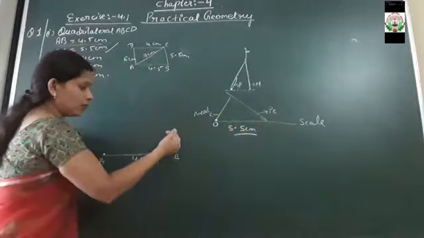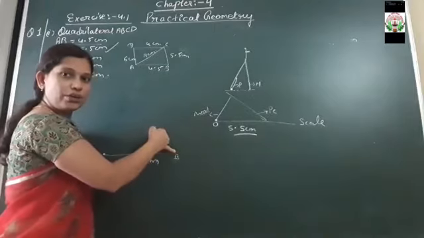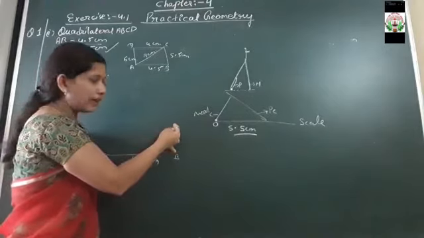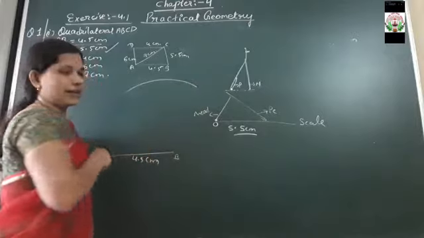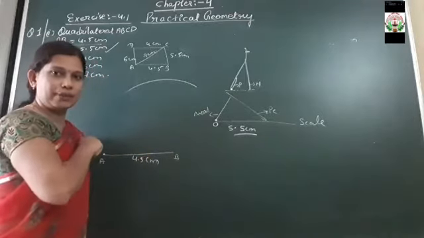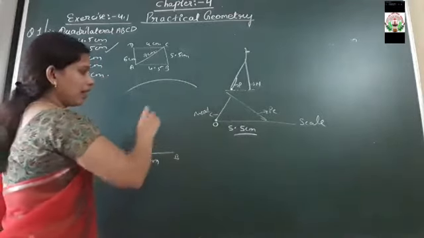That needle you have to keep it at B. उस नीडल को, नीडल पार्ट को आपको पॉइंट B पे रखना है and you have to make an arc. पेंसिल वाले पार्ट से एक आर्क बनाना है। Clear everyone?